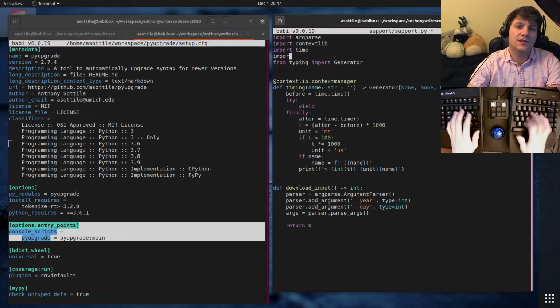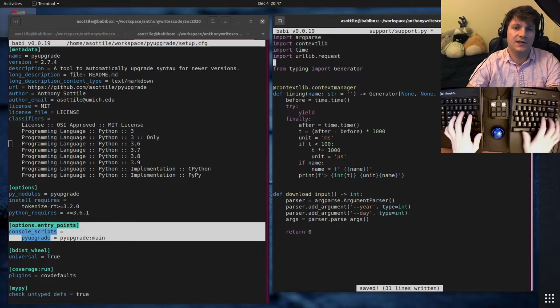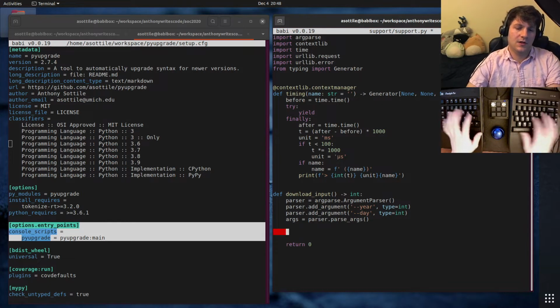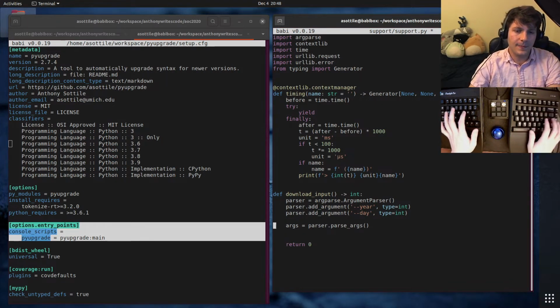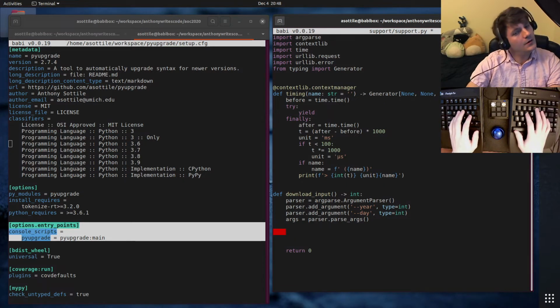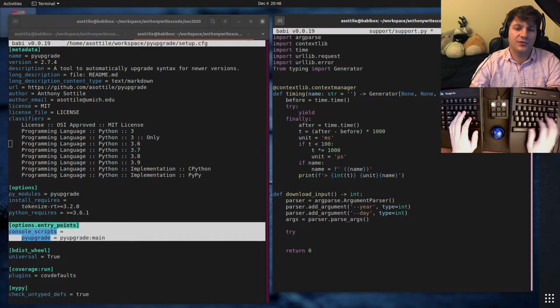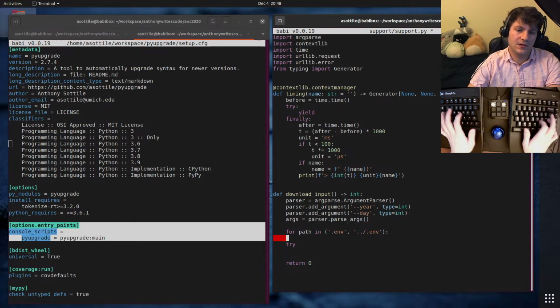We are going to need importlib or urllib.request. We're also going to need urllib.error. Let's see. We're gonna try 2 places for path in .env and ./.env.